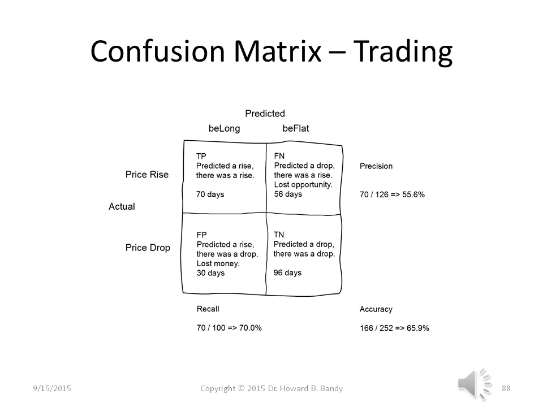Look at this matrix in terms of columns. The machine learning model is going to be giving you be long and be flat. In the be long column, the true positive and the false positive are the days that you will be taking long positions. So you want the true positive to be a big number and the false positive to be a small number.